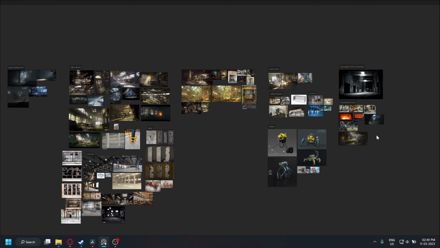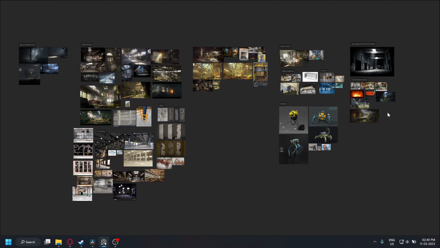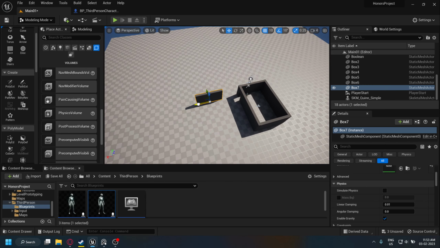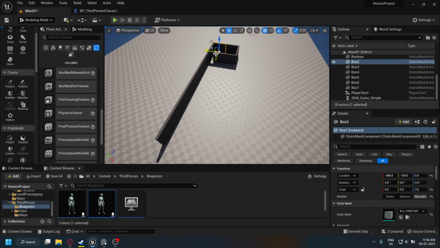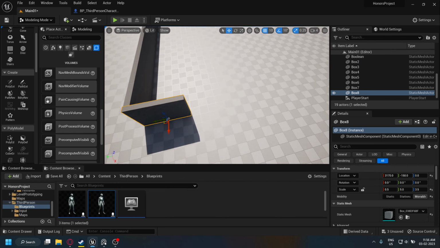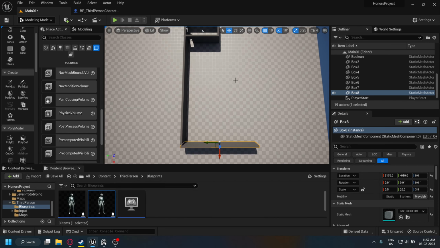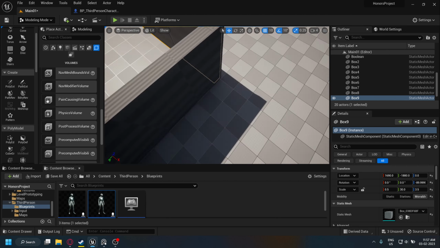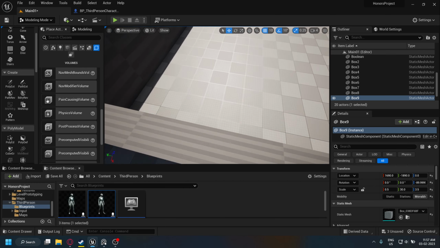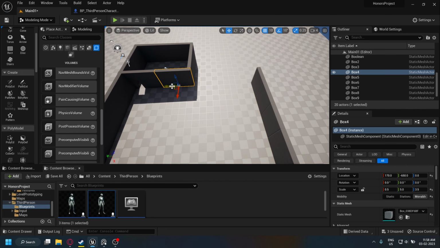This is the final overview of my reference board. And yeah, I always do this before actually starting work on the project. So the game environment will be divided into 3 areas. The first one will be the warehouse, the abandoned warehouse where you'll spawn. You'll wake up in this room in the warehouse, and